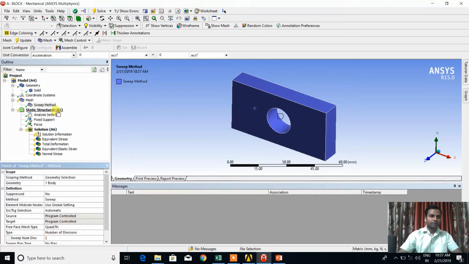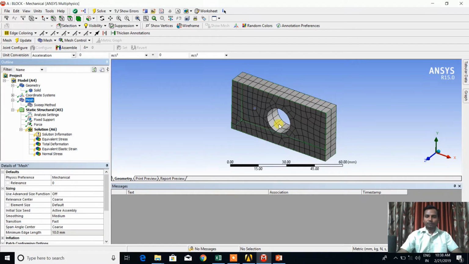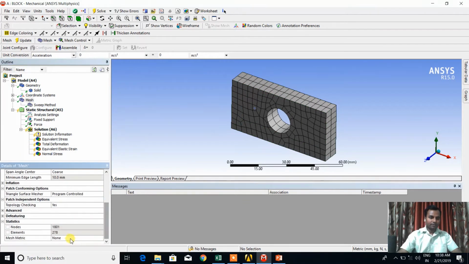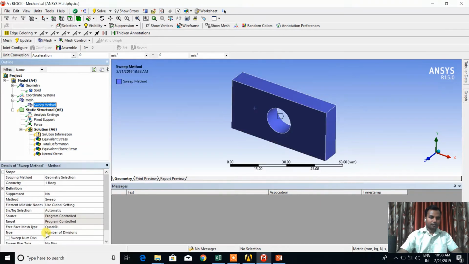Enter and generate mesh. Now check, here is 2. Accordingly you can take 4, enter, and generate mesh.